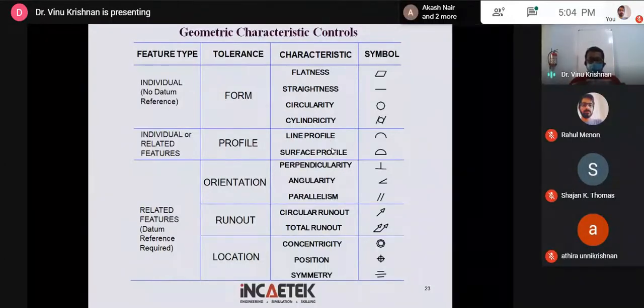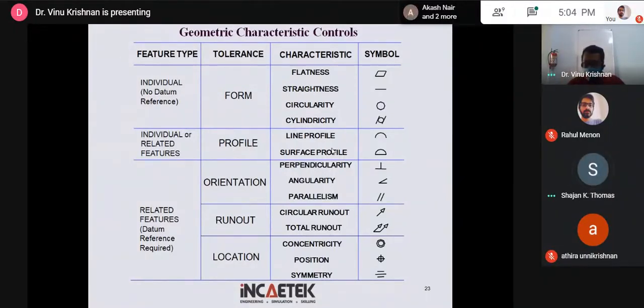Nowadays you can use a CMM, or you can use different kinds of other methods using light, or even laser. You can measure the variation in heights, and basically in those drawings you